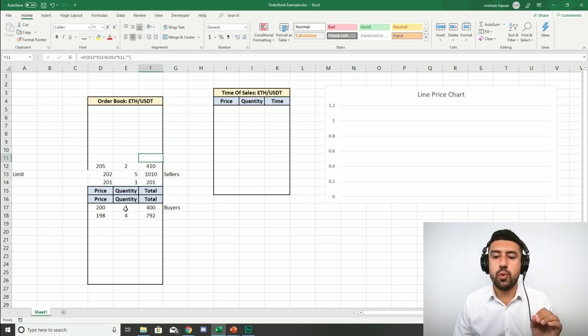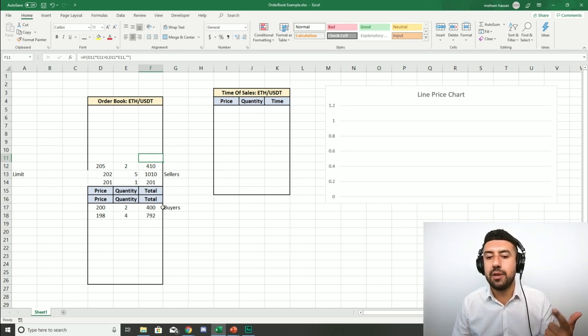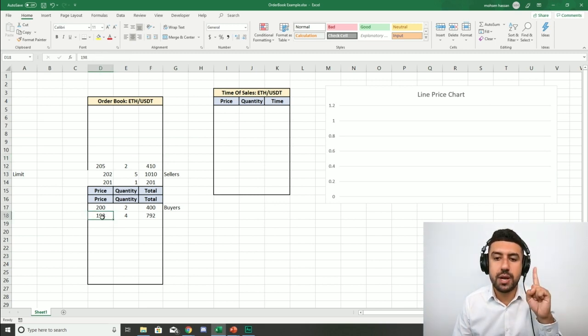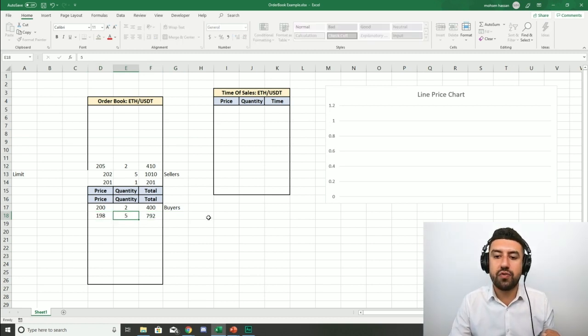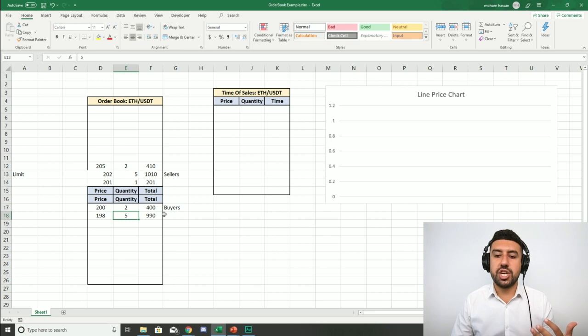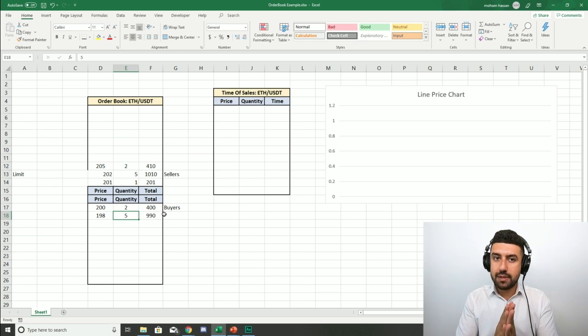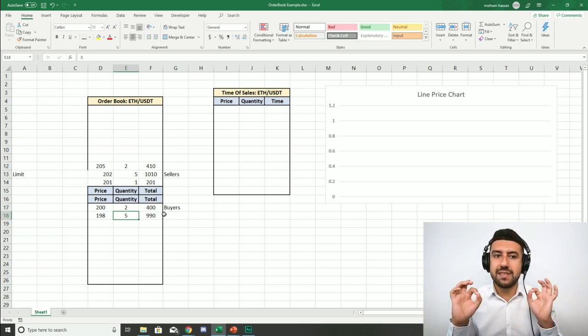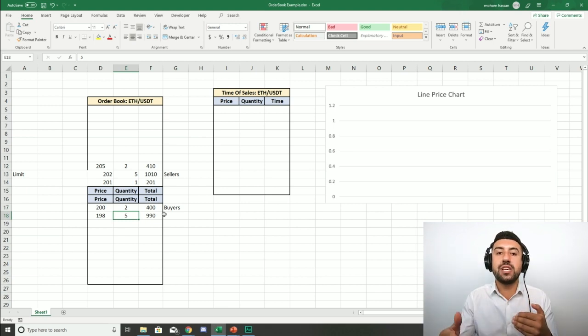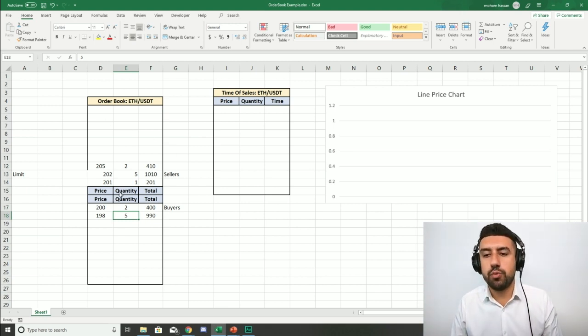Why? Because orders are always going to be ordered by best price and then best time. So example, if somebody else wants to buy, let's say another Ethereum at 198 and he wants just one, well, that person is going to come here and is going to go behind this person. So it's at the same price, but there's going to be an extra person. So here this is going to turn to 5. So quantities might change. And when you send an order, your orders are always going to be ordered by price priority, then time priority. So two people who have the same price are going to be prioritized by who came first. Okay. And this is going to fill up the order book.